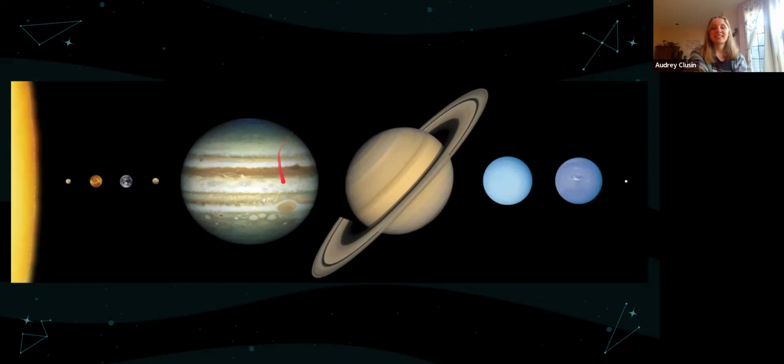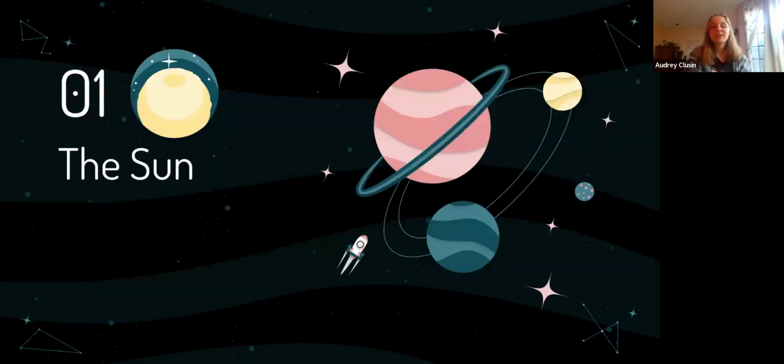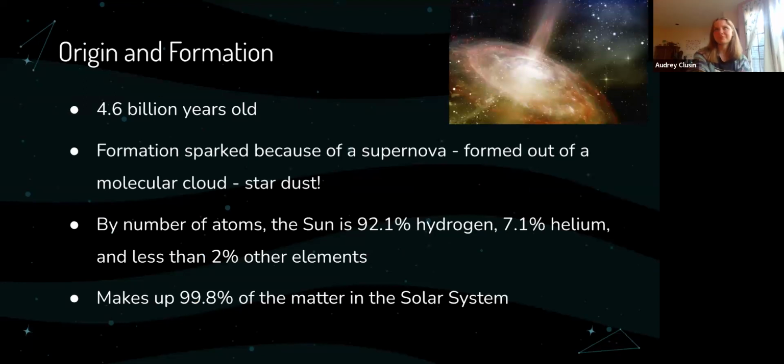So anyways, as you can see, Jupiter is gigantic, and then the sun is even bigger. And in comparison to all of that, there's us. So anyways, I think I have a distance scale model later in the slideshow. But anyways, the first thing we're going to get into is the sun, which is the start of our entire reason we're here. Whoa. Okay, so the sun formed about 4.6 billion years ago.